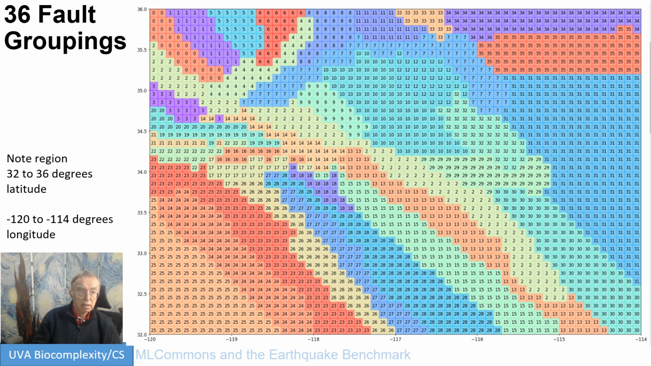This is our latitude, 36 to 32. Here is our longitude, minus 120 to minus 114. And the different colors with different numbers in them are different fault families. So you can see they're all co-located. I actually told you spatial bags have no co-location. Well, actually, we feed in some co-location to these